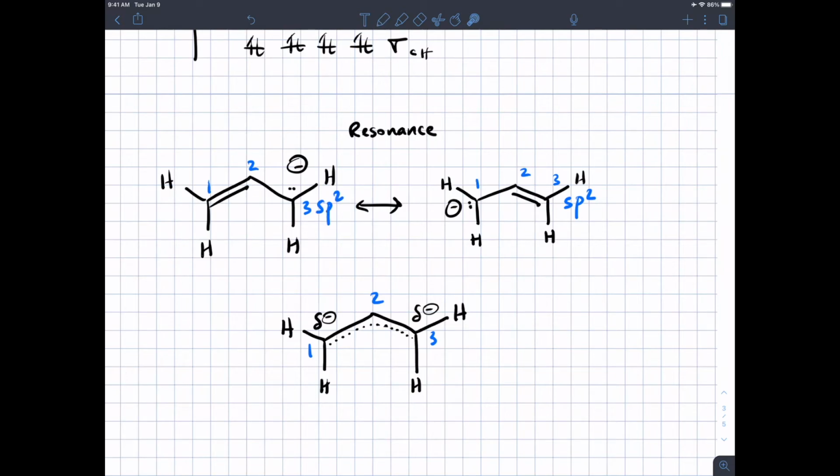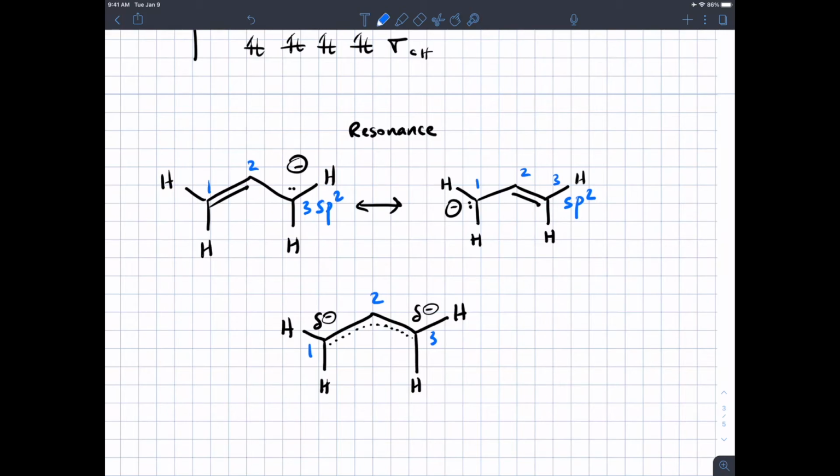Now, if you had looked at that before you knew that and said, hey, there's 4 groups surrounding that carbon number 3, it ought to be tetrahedral and sp3 hybridized, that's a forgivable mistake. But now you know that in resonance you can't move the atoms, and so if it's sp2 over here, it must be sp2 in the resonance structure on the left. All right. Now,